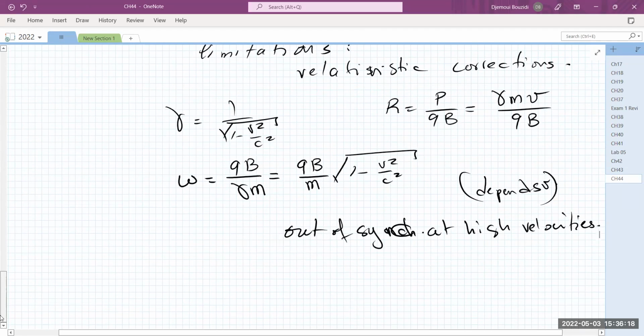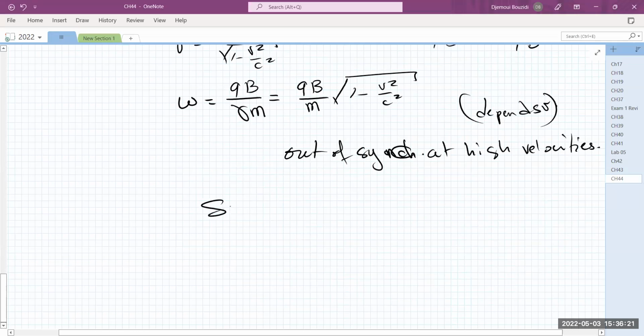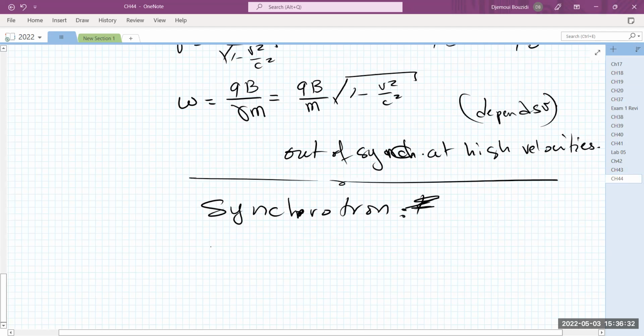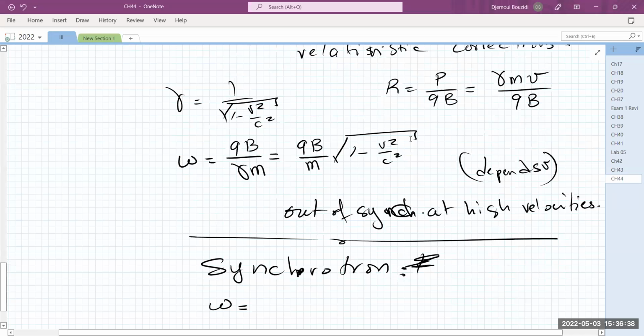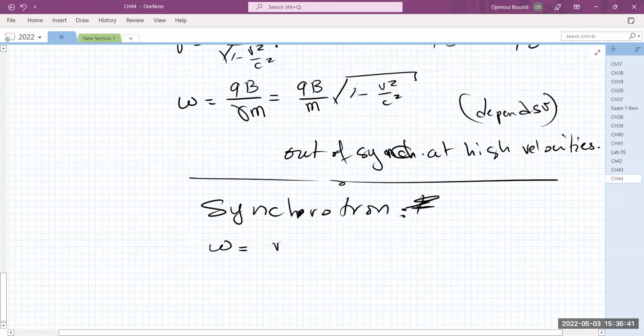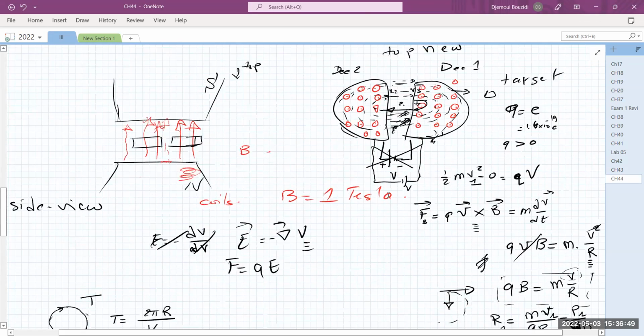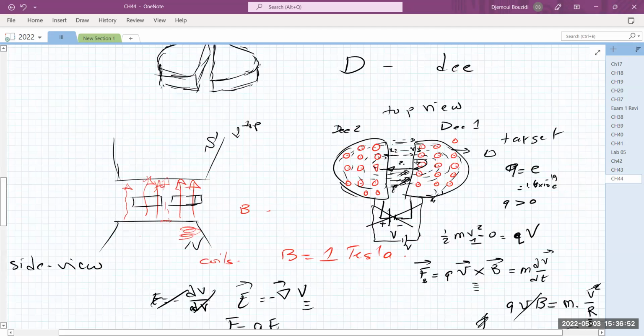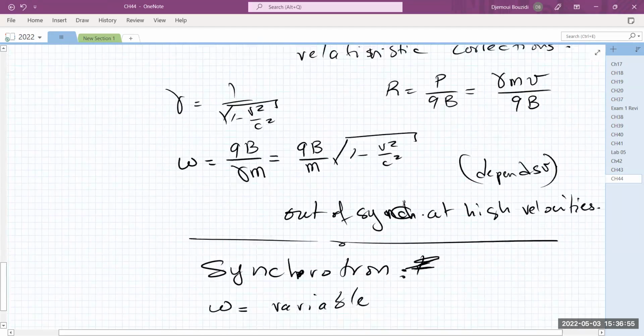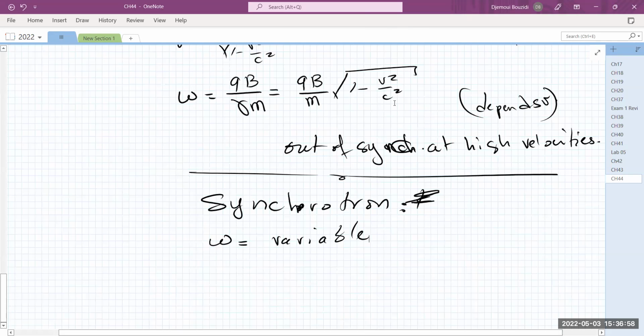So what people did then, they proposed the synchrotron, which is really the same device, except omega now needs to be adjusted for this correction. So omega is variable. When you do that, the signal still flips the minute the particle emerges and it can be accelerated. So if you have a device that can synchronize itself with the ever increasing velocities,